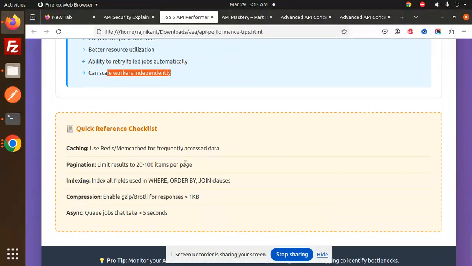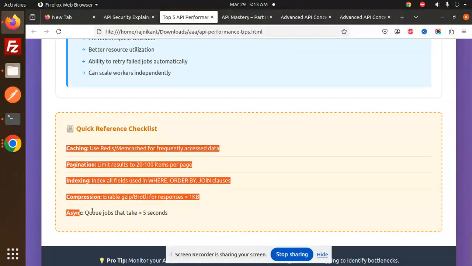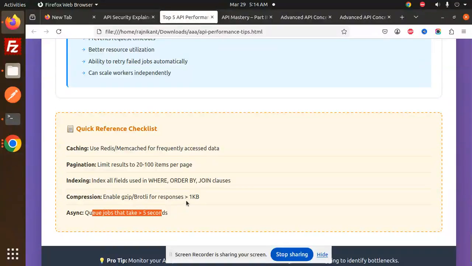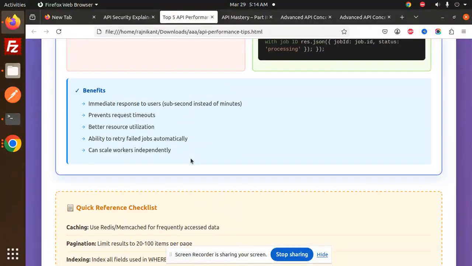So we have already covered all of these: caching, pagination, indexing, compression, and async. Queue jobs that take greater than 5 seconds. So implement these techniques in your API and see the performance of the API, and do let me know in